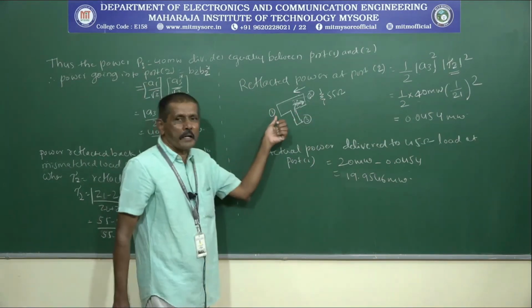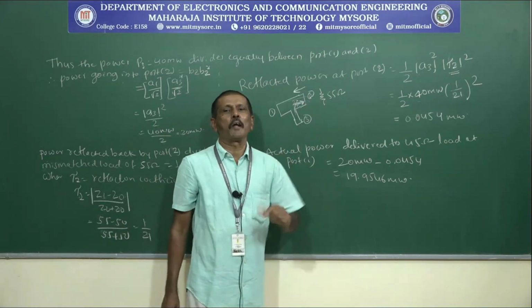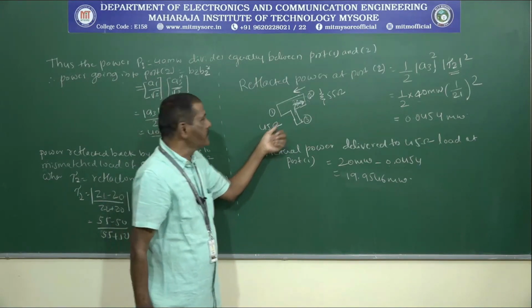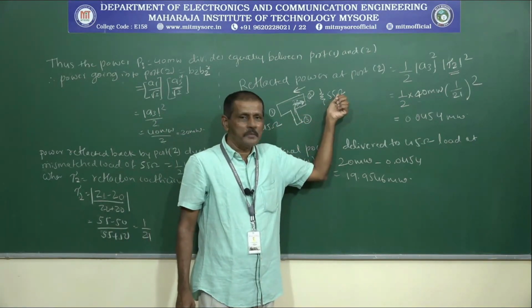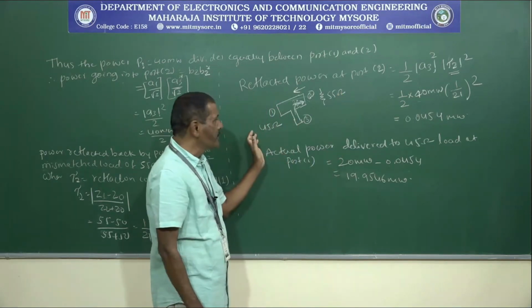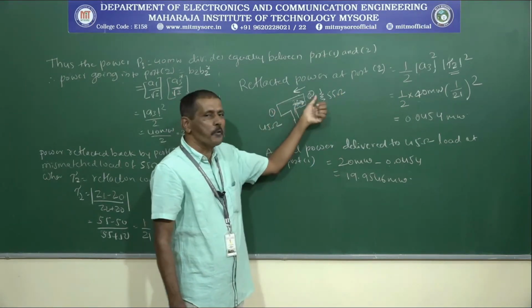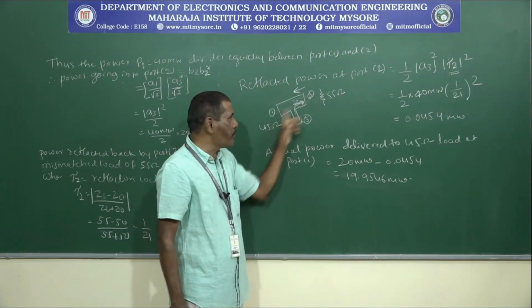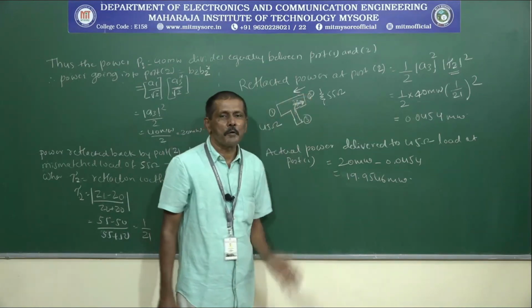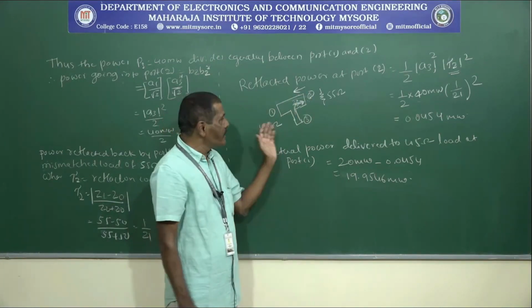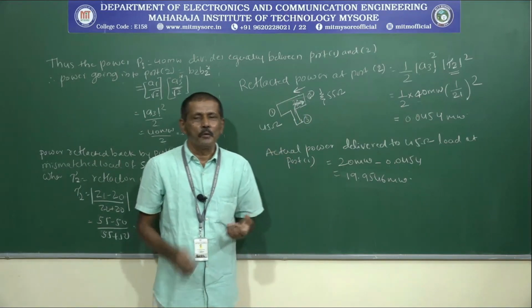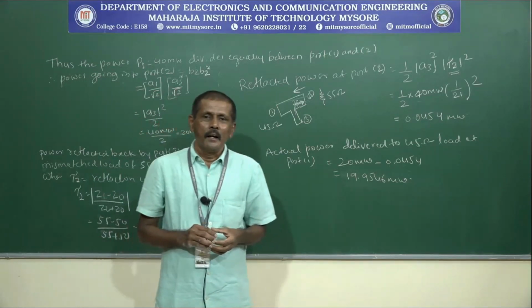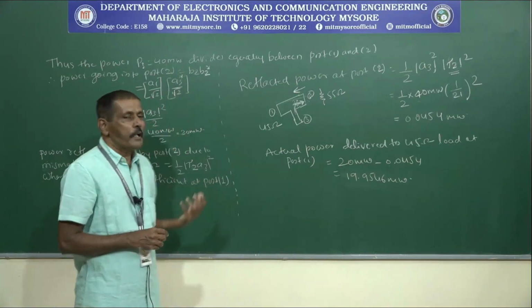Now if you compare the actual power going to port number 1 and port number 2, they are different, because here you have connected a 45 ohm resistance and here you have connected a 55 ohm resistance. Because of this, the actual power delivered to port 1 and port 2 are different. If the impedances connected at these points are the same, then the same amount of power will be reflected and the same amount of power will be delivered to both loads. And this is how you can compute the power delivered to the loads.